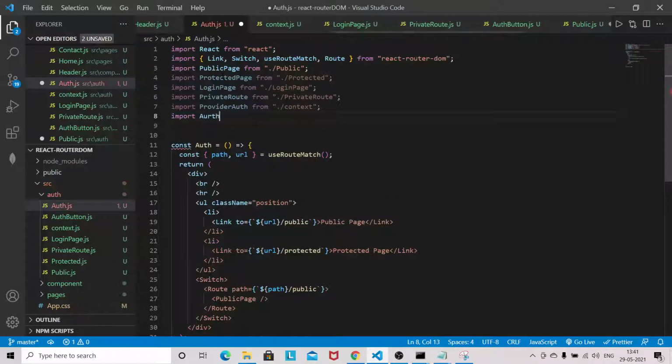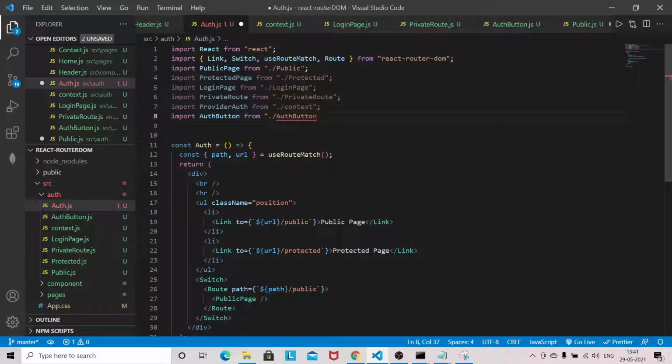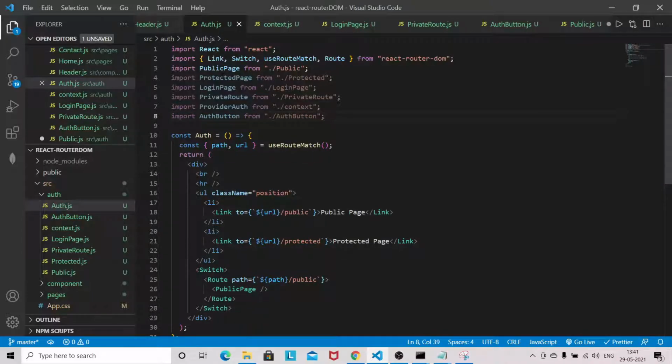So import auth button from auth button. So we have imported everything, I think.